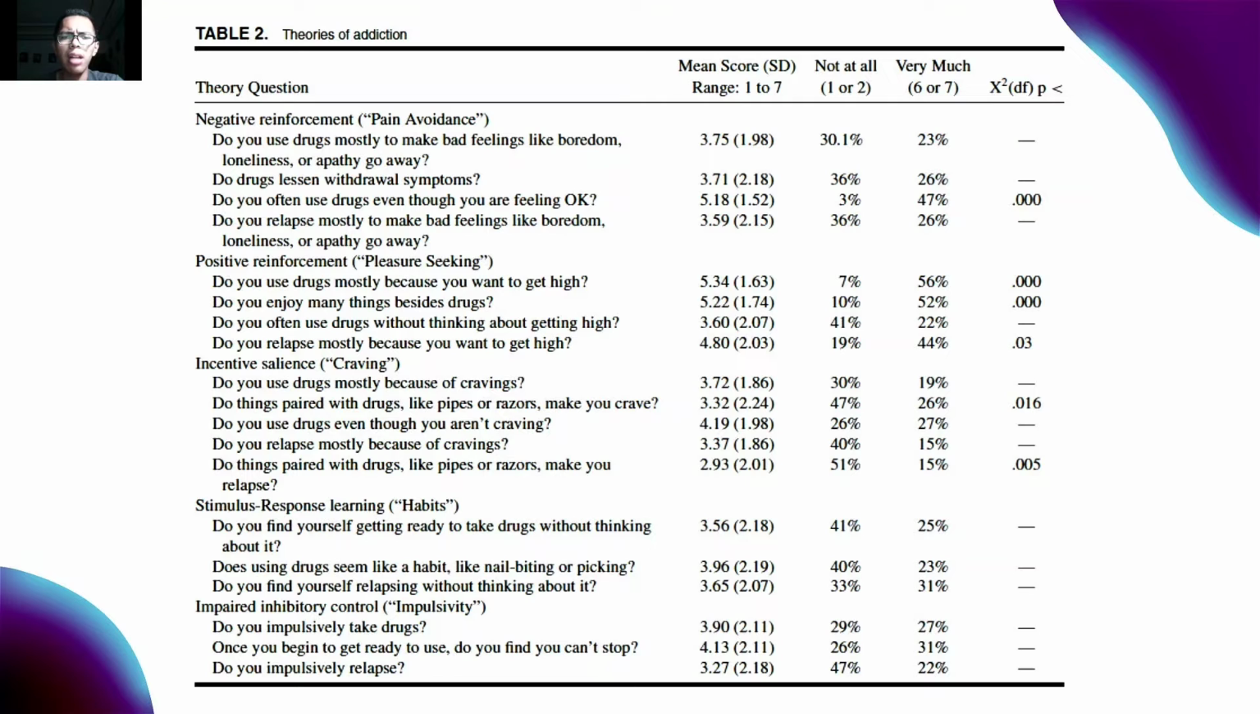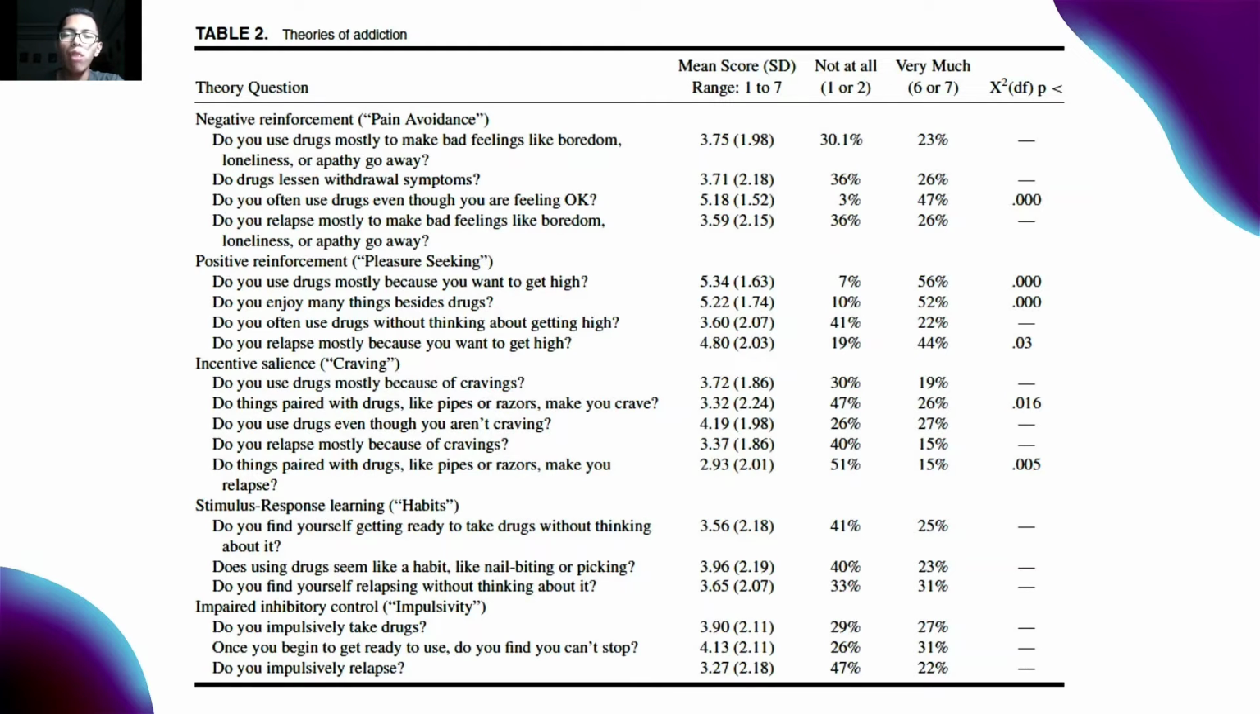Of the 56% of the participants who rated positive reinforcement as a highly important motivation for using methamphetamine, only 8 of these, 6 or 11% of the total, also rated negative reinforcement highly. So these two categories were mostly non-overlapping. 14 of the 16 subjects who rated stimulus response learning highly also rated positive reinforcement as a motivation for use. Similarly, 12 of 20 subjects who rated impaired inhibitory control highly also rated